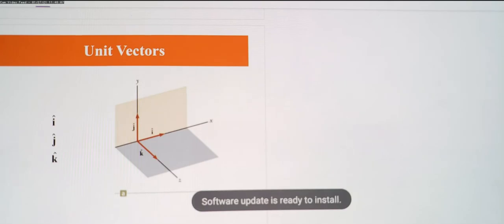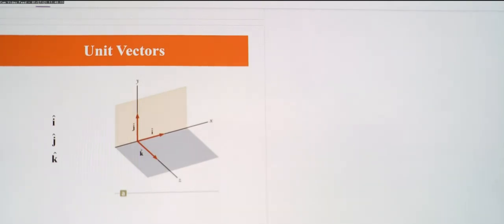Okay, so far we were... Software update. I hope it will not force me to do the update. Anyway,